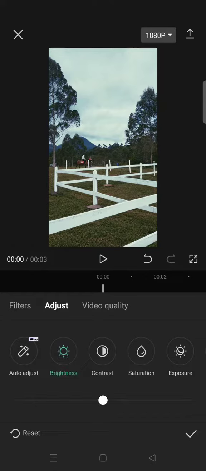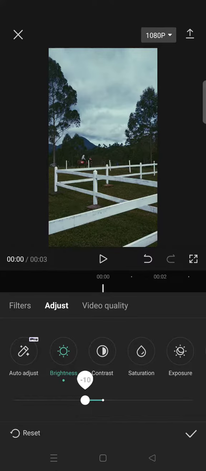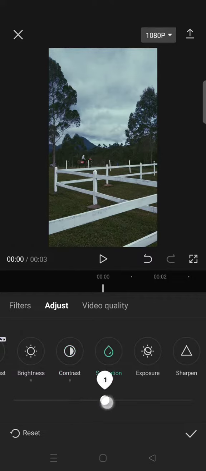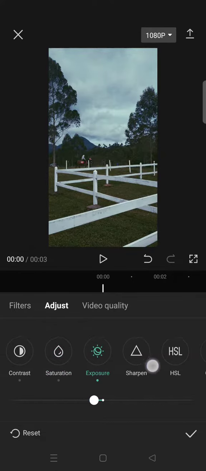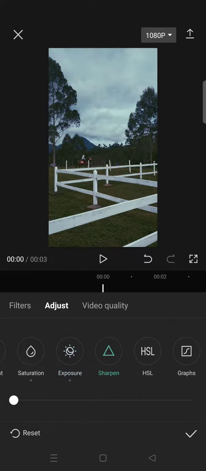So for the brightness, lower it to -10, contrast -20, and then saturation 5, exposure -5. Click on the sharpen and set it into 40,